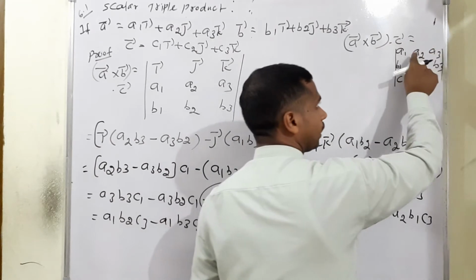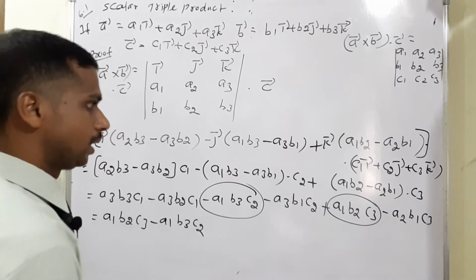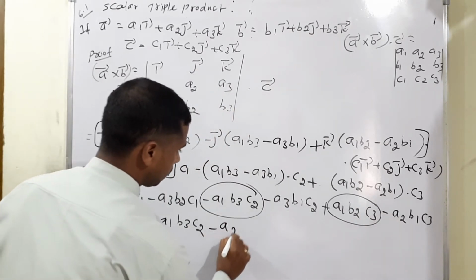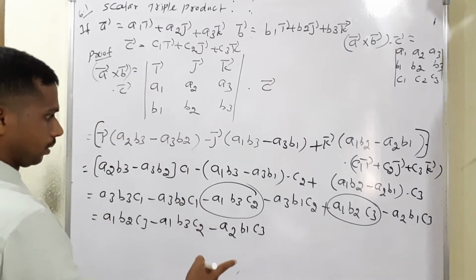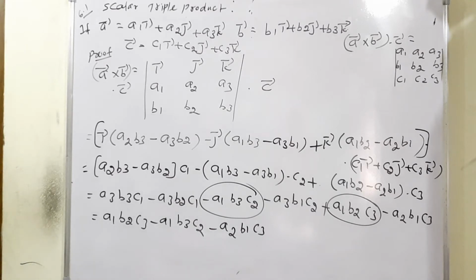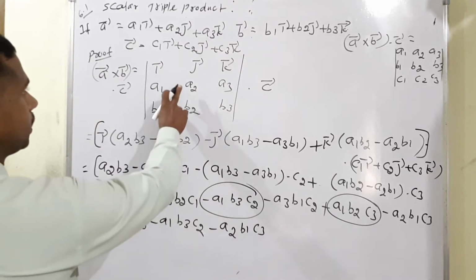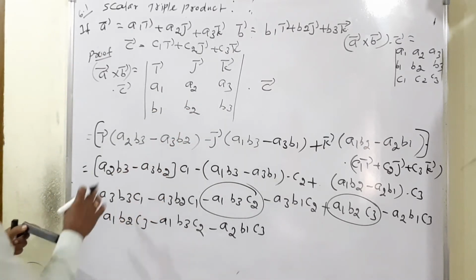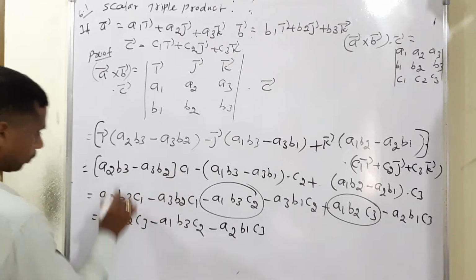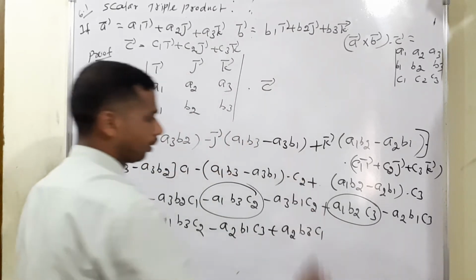Whenever you write in matrix form, on the second term the common minus will come, isn't it? So minus with A2 means what is the term? Minus A2 B1 C3. Then starting with A2. Starting minus sign is over. I think one mistake is there here. A2 B3, yeah, A2 B3 C1. Now starting with A2 means positive A2 B3 C1.